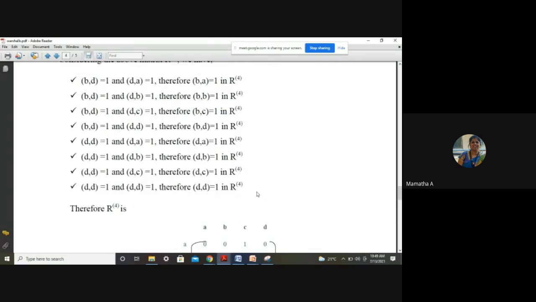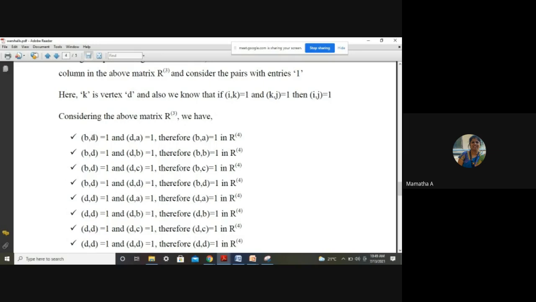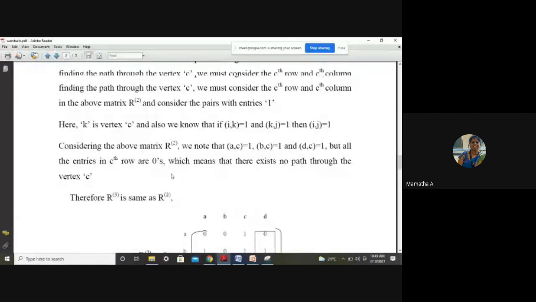And one more thing you remember, whichever is the intermediate vertex, that should be the same with respect to column and with respect to row. Here, this is IK, KJ. So K should be the same. So do not match it like this, which is not IK, KJ. So you have to remember that IK equals 1, KJ equals 1. So always start combining with the column followed by the row entries. So you should be very careful when you are taking the combinations. Are you all understanding? Hope you are all getting it, students.